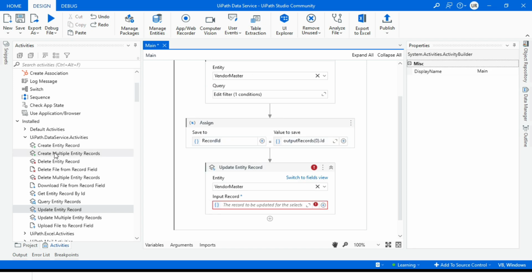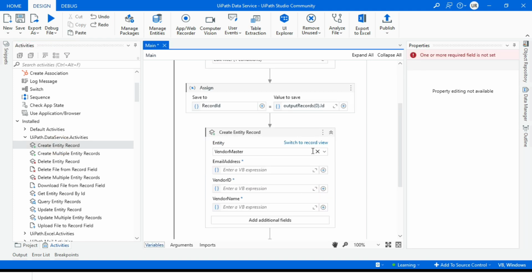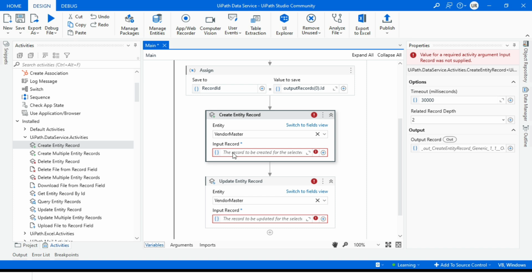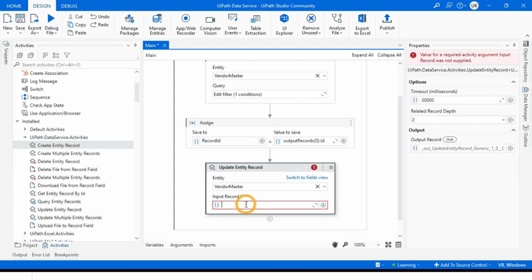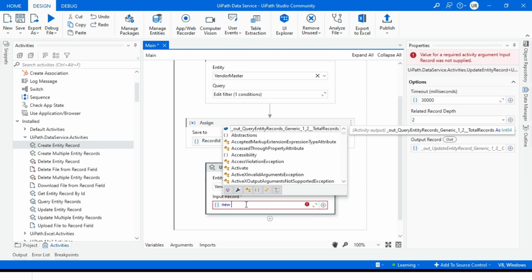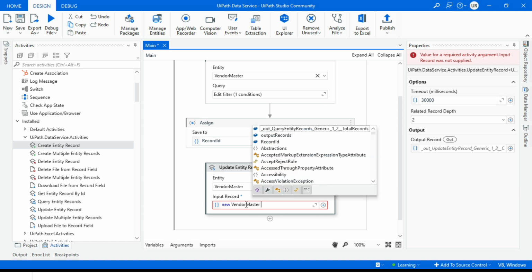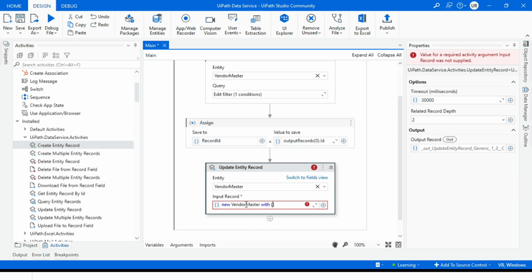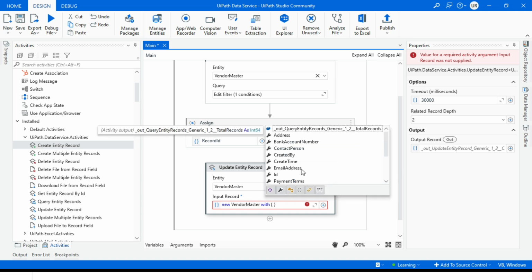Now, if you remember, in the Create Entity Record, we had the same option where we clicked on switch to record view and then entered that expression here. Same expression we'll be using here. So we'll say new entity name. So we have vendor master with space, curly braces, open and close curly braces, one space, and select the field that you want to update. So update this entity. Update field, we can say vendor name